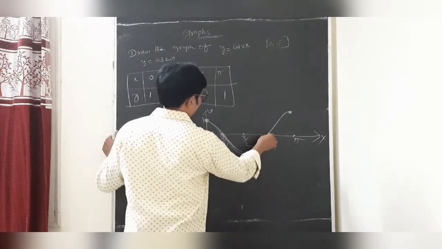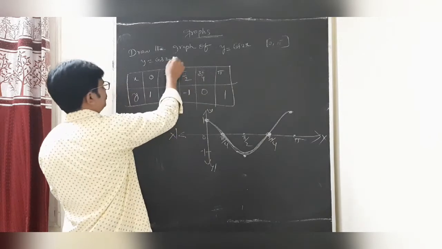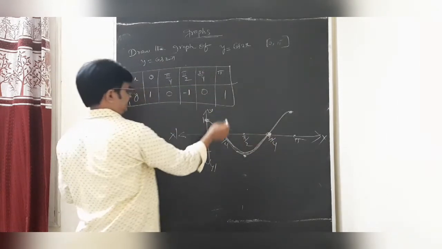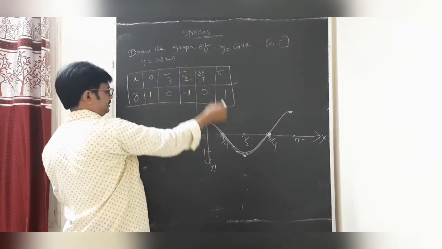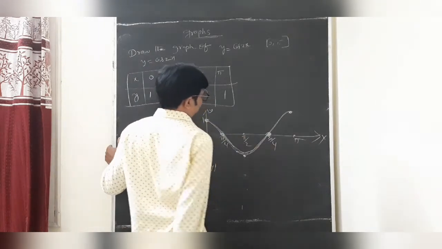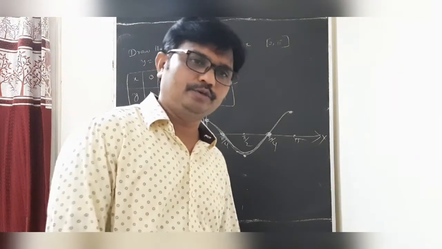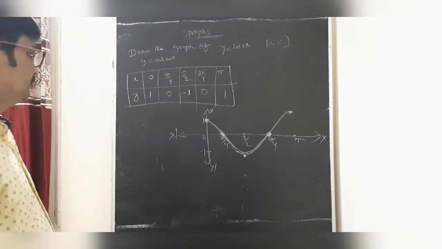When you observe cos 3 pi by 4, when you substitute 2 into pi by 4, it is 90. Cos 90 is 0. Cos 3 pi by 2, 0. After that cos of 5 pi by 4, 0. That means 2 into pi by 4, 5 pi by 2. Okay students? Write down.